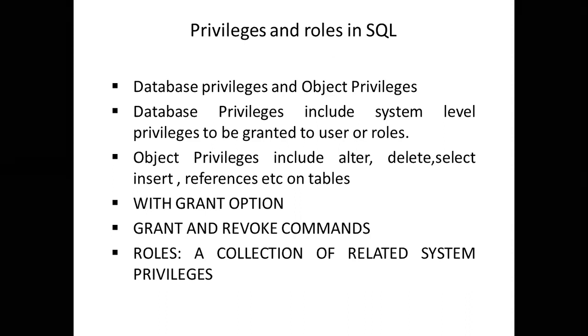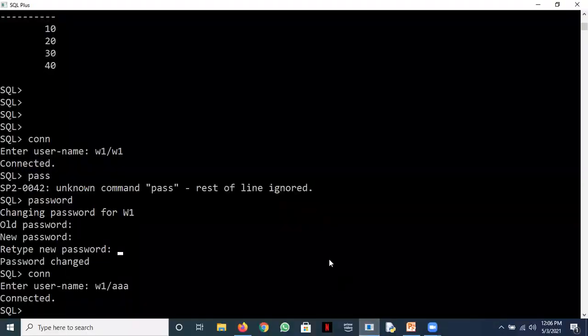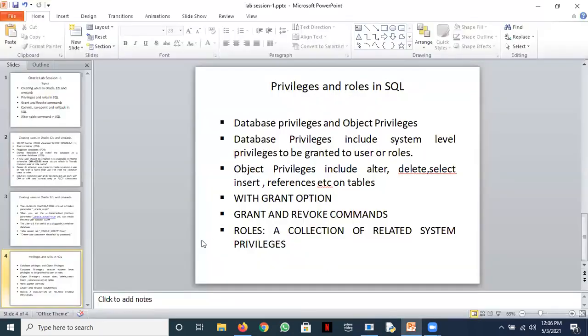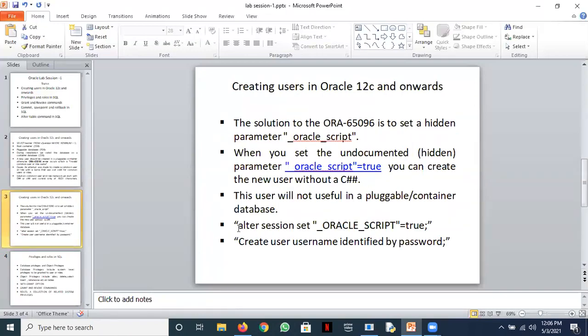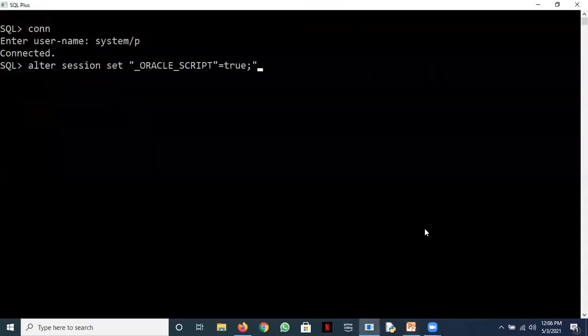So let's now see each one of these things. See it very carefully, and keep on asking questions. I'll just clear the screen from here. We already created a user, W1. Let me create another user, and obviously I'll connect as a system user to create users. Then I need to do something to set that session again, so that I can create a user with a name which does not begin with the C double hash. I can copy it here.